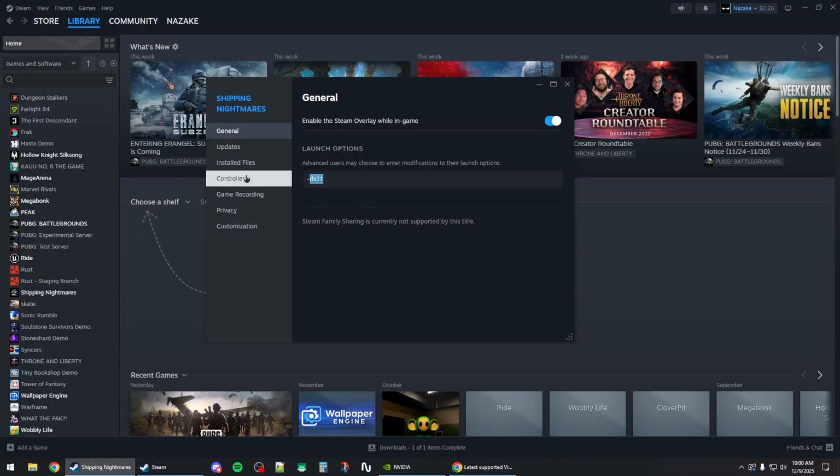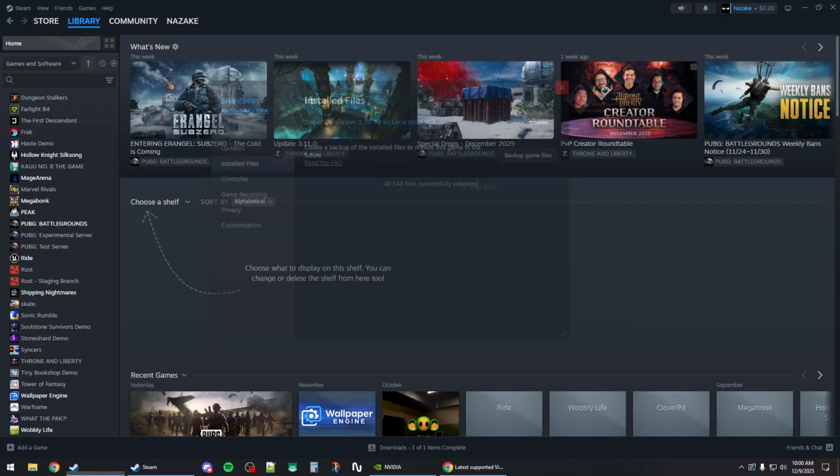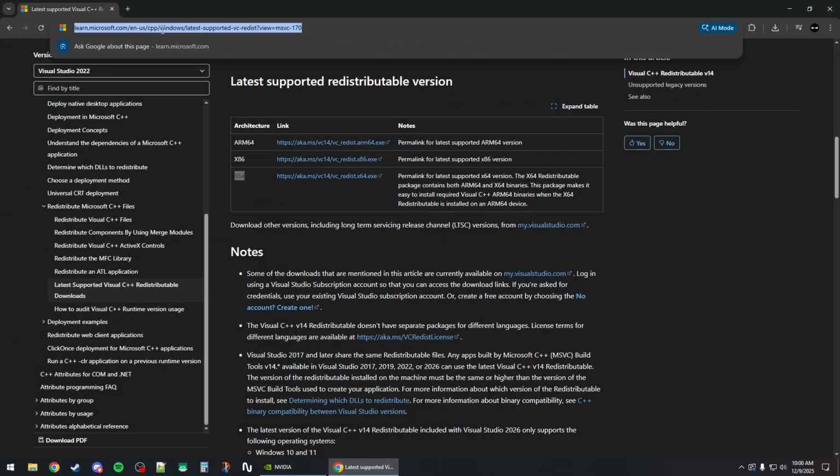without spaces. And then go to installed files, click on verify integrity, and wait for the process to finish verifying your files. And once this is done, you want to close Steam and then open up your browser, search for